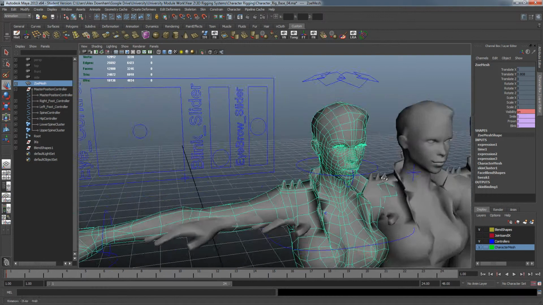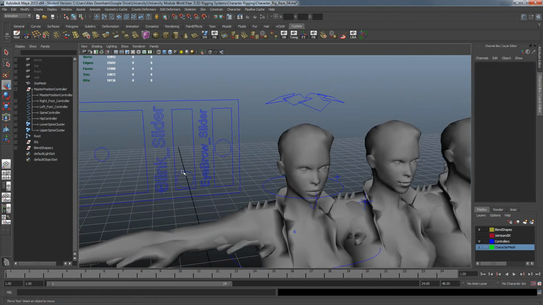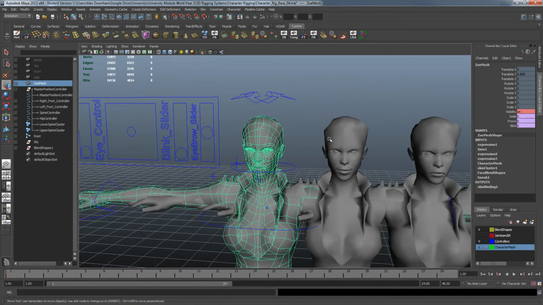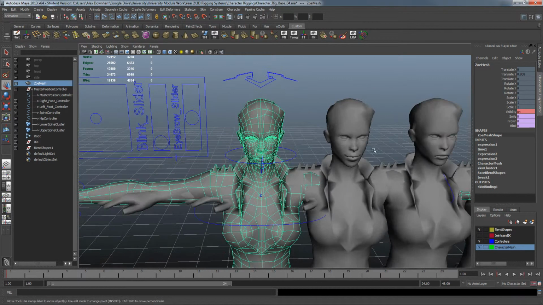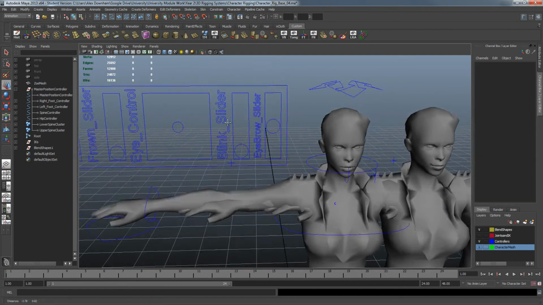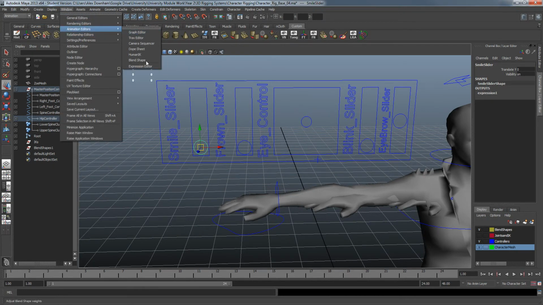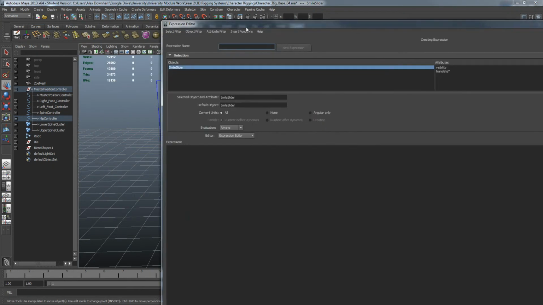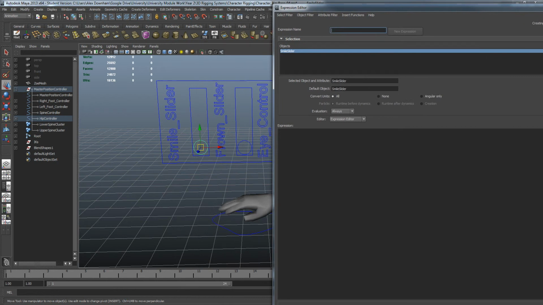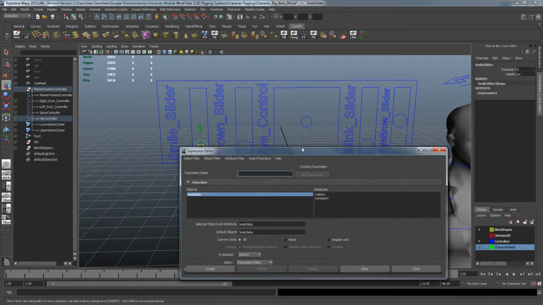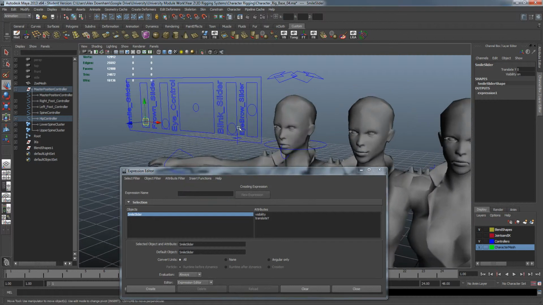So in order to apply an expression to an attribute, I had to quickly reconnect them to the mesh's attributes, and with that I created an expression for each of these sliders. So let's go into the animation editor and expression editor, and through a very simple expression, by applying the translate of the slider, I was able to change the value